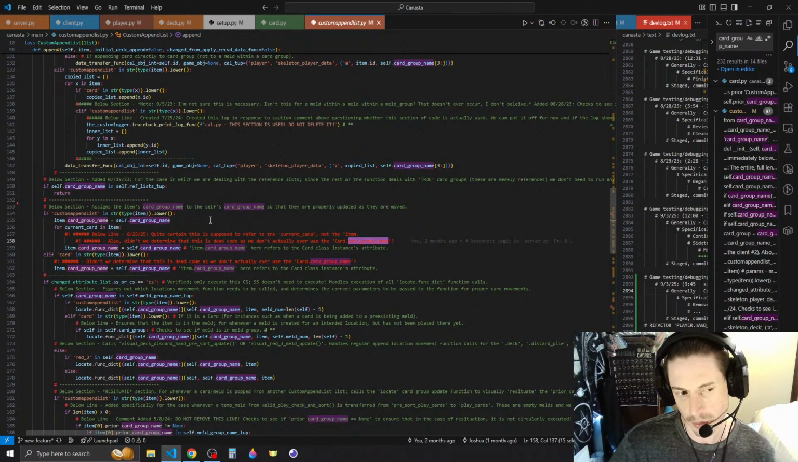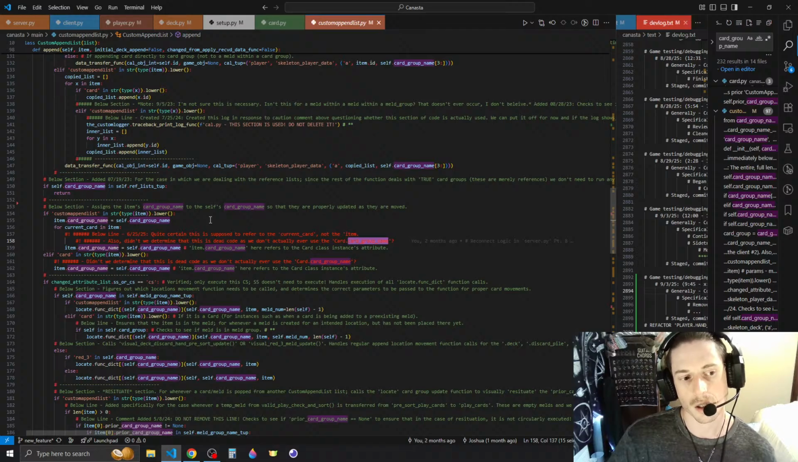So this would really just be for, I'm pretty sure this would actually only be for transfer from play cards to melds, I think. So because you're appending an entire meld, that's what the item is. It's a card, it's an entire custom append list instance. When you do that, you want it to